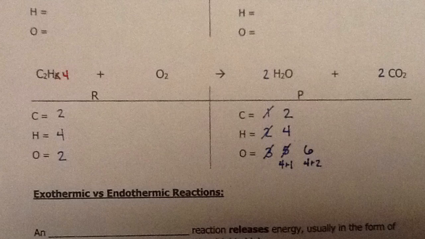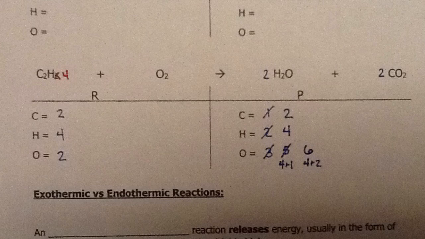I have 4 hydrogens on the reactant side and only 2 listed on the product side. I'm going to look for the least common multiple of hydrogen. The least common multiple of 2 and 4 is going to be 4, the smallest number they both multiply into. I can change the hydrogen on the product side into a 4 by adding 2 as our coefficient in front of water. 2 times 2 is 4, so I'm going to change my hydrogens on my notes down below to 4,